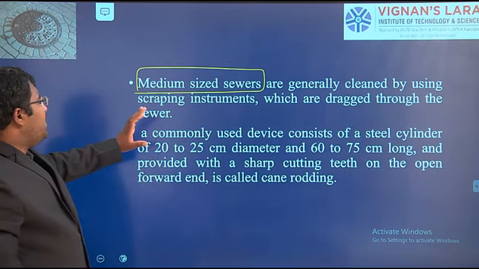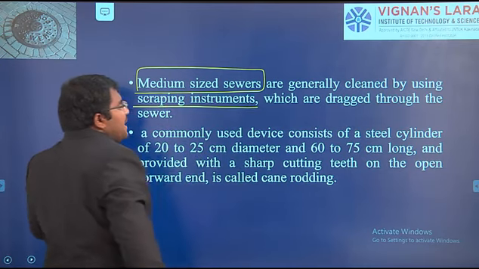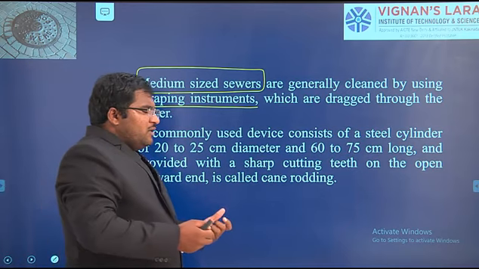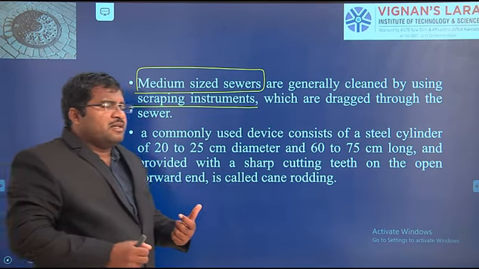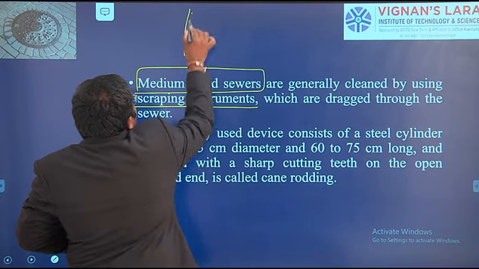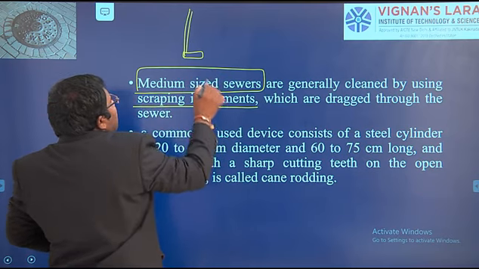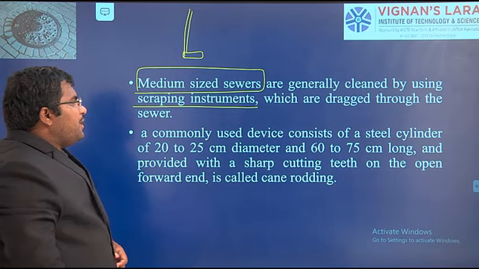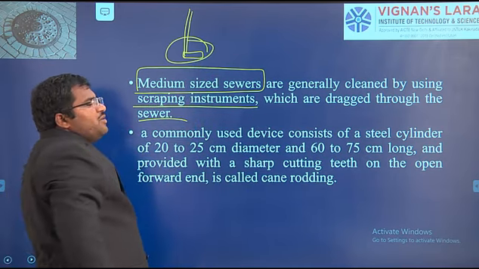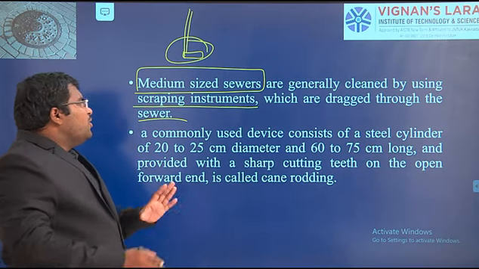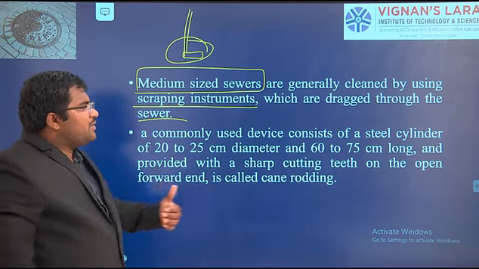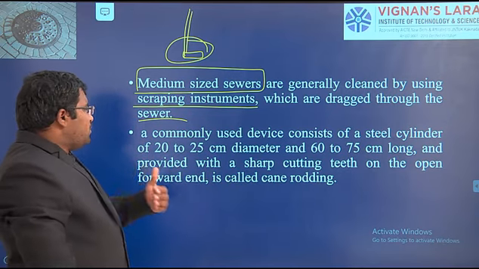So these are cleaned by using scraping instruments. Scraping instruments means we are going to take it out. Okay, normally we can see that municipality workers will come with a bamboo stick, and at the end we have a thing like this. Okay, with the help of that they are going to scrape, right? So it is dragged through the sewer. Normally for open things it will be used, but for closed pipe we have to use this kind of instrument. Okay, so that we will bring all the waste from inside the pipe